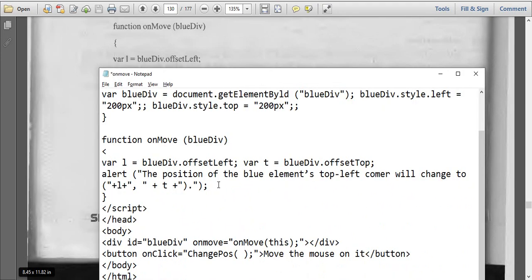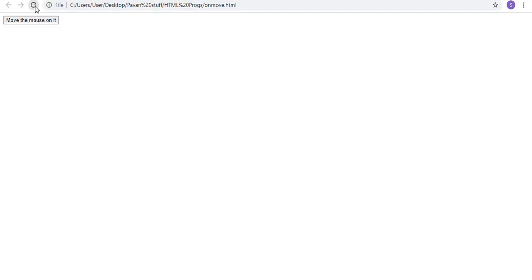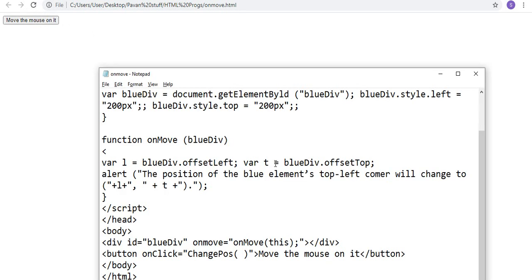Change POS. Changes made. I'll try to. One window has to open. Why is it not coming?